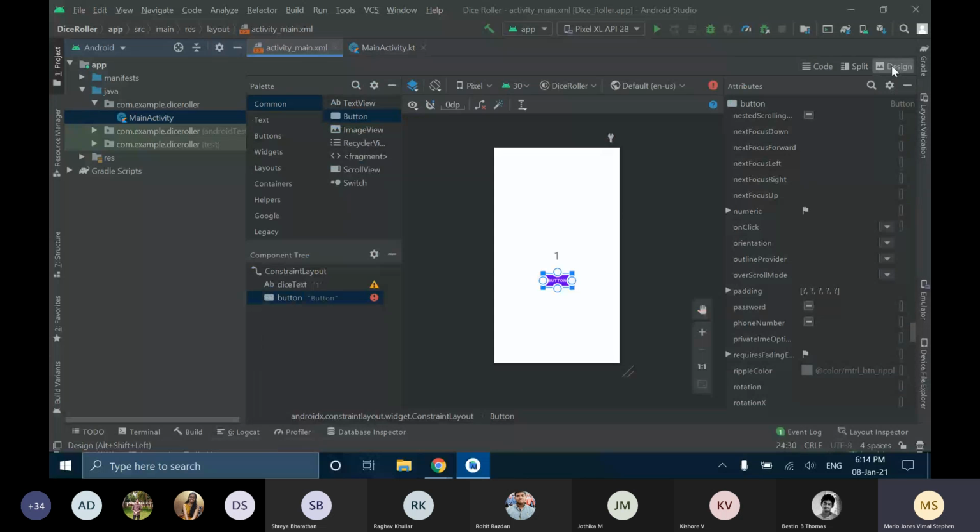So let's go back to design view. It's pretty simple to do that. You can find the blue circle here, right? You just click it, and